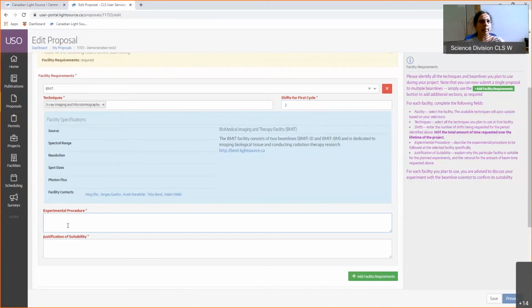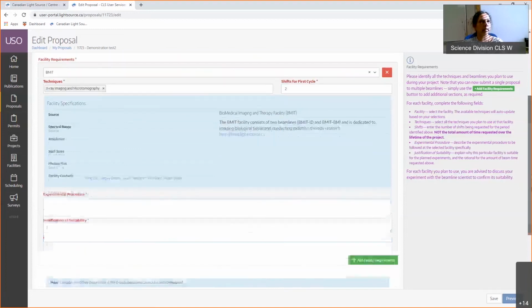So here, take the time to make sure you explain the experimental procedure, how you will be making the samples, preparing the samples. And then the justification for suitability is why it's really important to come to the Canadian Light Source Synchrotron. Okay, so you can say, we looked at these lab techniques and CLS will be complementary, or you can say, we looked at all these techniques, we couldn't get the answer, and that's where we come to the synchrotron. Sometimes we say that you need a lot of flux in the beamlines because the concentration is too low, below certain ppm, that we cannot use lab instruments to look at the spectroscopy, things like that. So you need to say why you're coming to the synchrotron, okay?